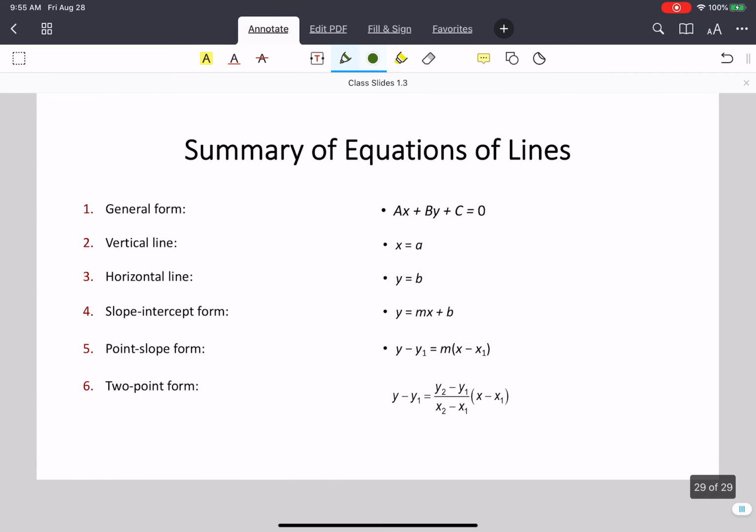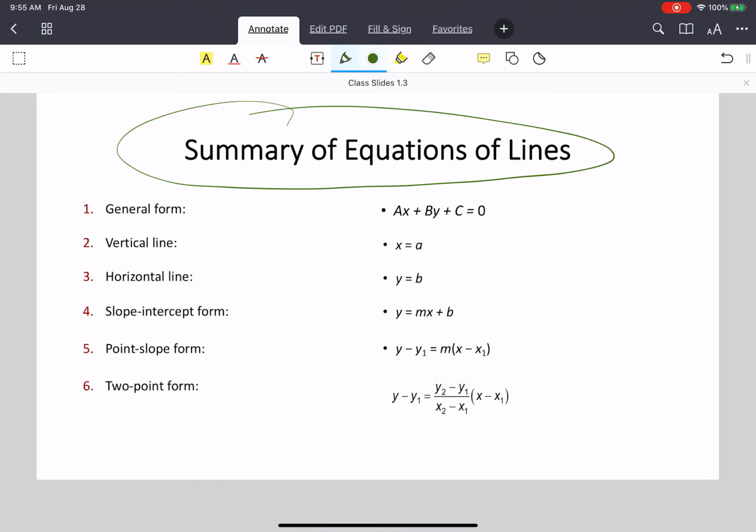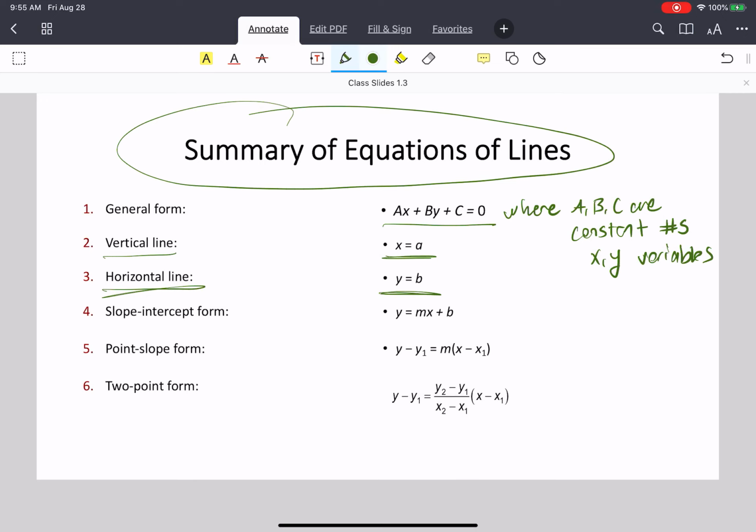So next up in the list, we summarize equations of lines. The general form we just illustrated is always ax plus by plus c equals 0, where I need to mention a, b, and c are constant numbers, and x, y are variables. So you need to differentiate that a, b, c are constant numbers based on given situations, and x and y are variables. We learned that vertical lines always look like x equals a, horizontal lines always y equals b,